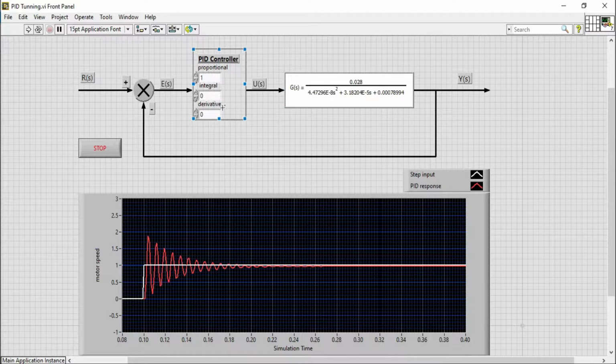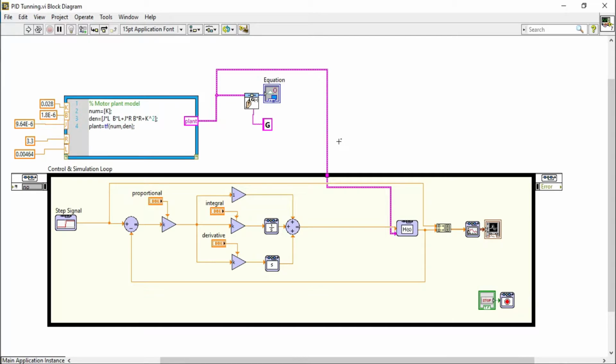Here is the front panel of my PID controller, which is assigned to a DC motor. The motor transfer function is this, a second order transfer function, and this is my block diagram window. Over here I create a DC motor using these values, and this is my MathScript window.